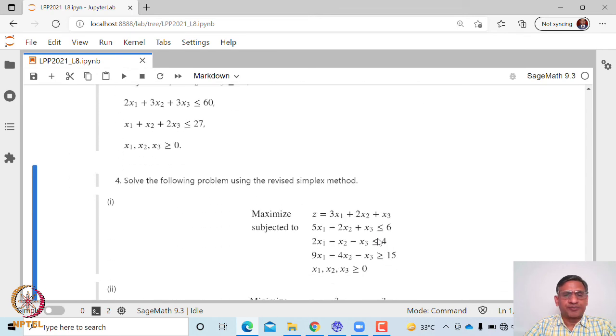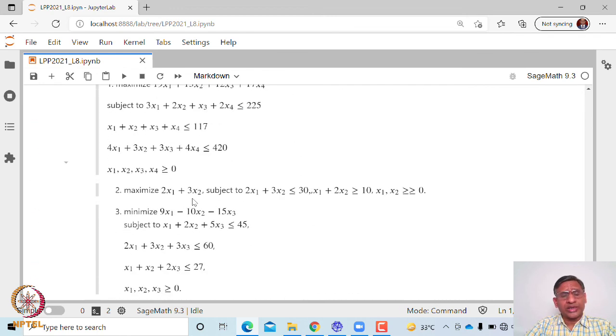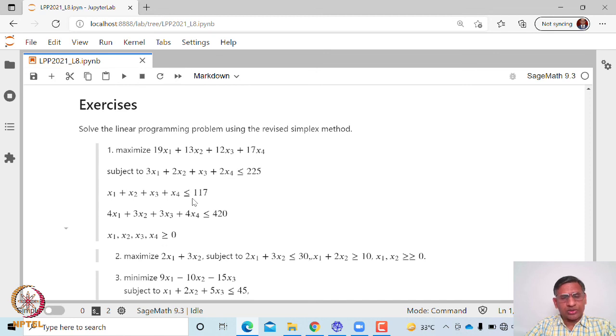So let me stop here, and in the next class we will look at this. In all the problems that we have solved so far, we had initial basic feasible solutions readily available. But what if you are unable to guess an initial basic feasible solution? Okay, in that case you cannot start the simplex method or revised simplex method. So you need to find, using some systematic way, a starting simplex table. That is, a basic feasible solution you have to find in order to start the simplex method.